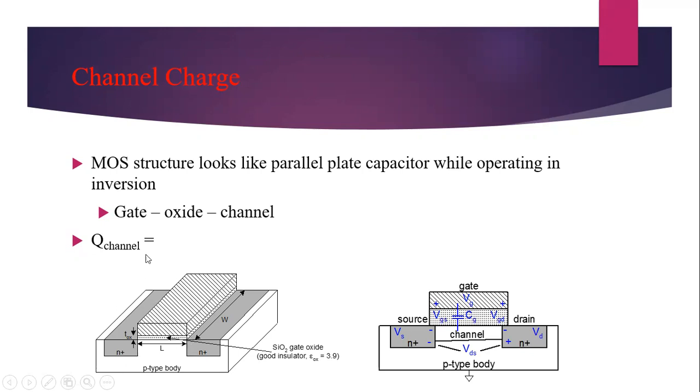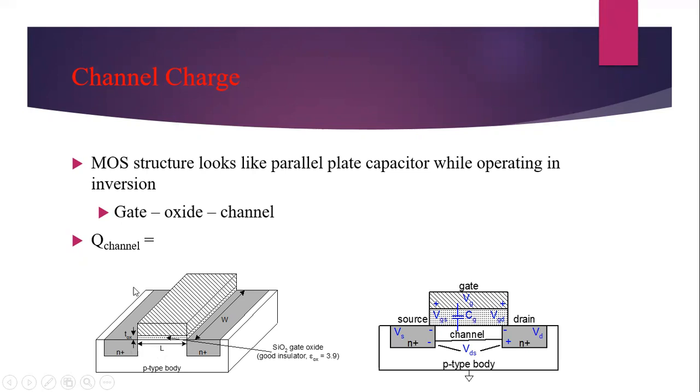The same concept works here also. The gate and the substrate are separated by an SiO2 layer, and we will discuss the structure in the NMOS fabrication steps also. So we have a distance between the gate and the substrate, and this also acts as a parallel plate capacitor. If you give the supply voltage, opposite charges develop across the substrate, and that acts as a channel that connects source and drain. This is the concept of the MOSFET.